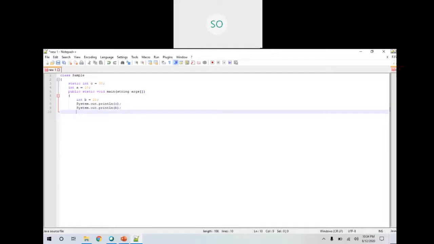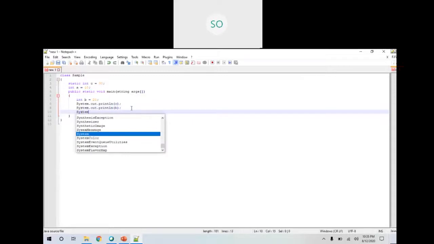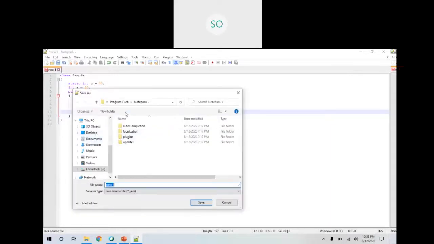And finally, I would like to print the value of a as well. Here I am printing all three values a, b and c. So let me write this. Okay, so we have typed the program in Notepad.